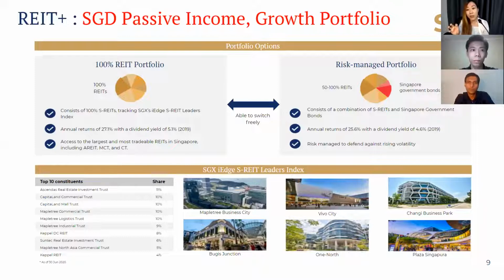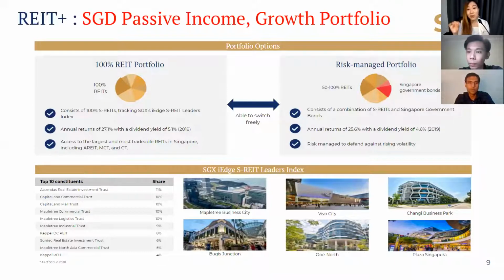Now, we'll talk about the ones that did not do well because of COVID-19, but what about the ones that have? Don't forget that your investments in REITs, such as in warehousing, people buying online, you need warehouses for these products, right? So warehouses have actually done pretty good. Your data center REITs have actually done really spectacularly well. Your healthcare REITs have also done pretty well. I think Parkway Life has been fantastic. Capo DC REIT has been fantastic. I think Maple Tree also has a data center element to it, and they've done really well.